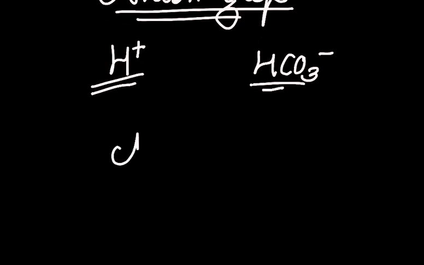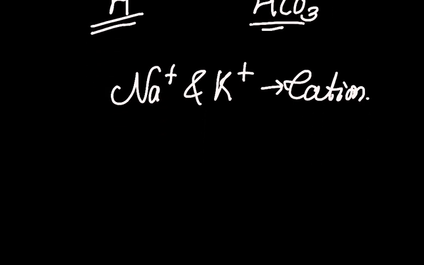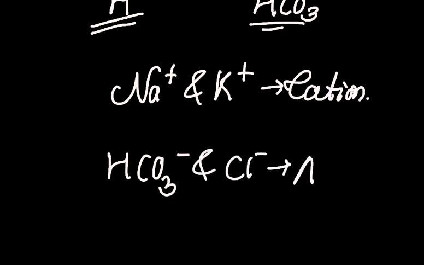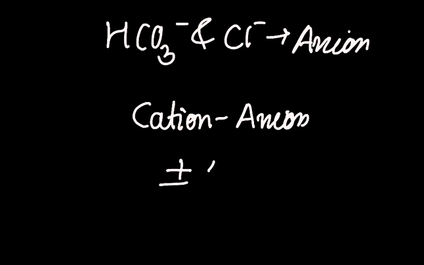We take sodium and potassium as cations, components that are positive in charge, and we take HCO3 minus and Cl minus as anions. Now we subtract cation minus anion, and this is considered to be the anion gap, which should be plus or minus 10